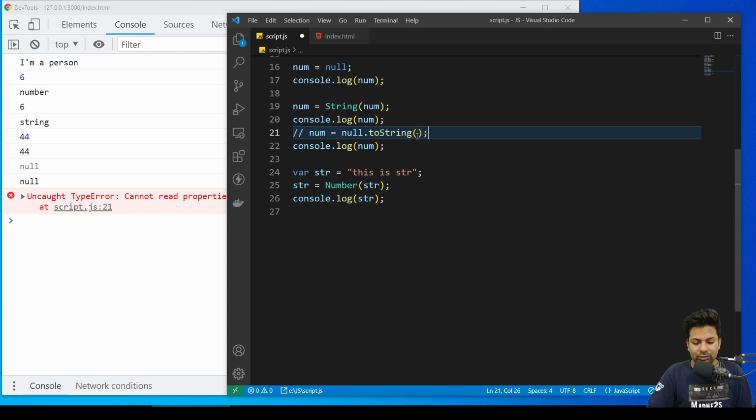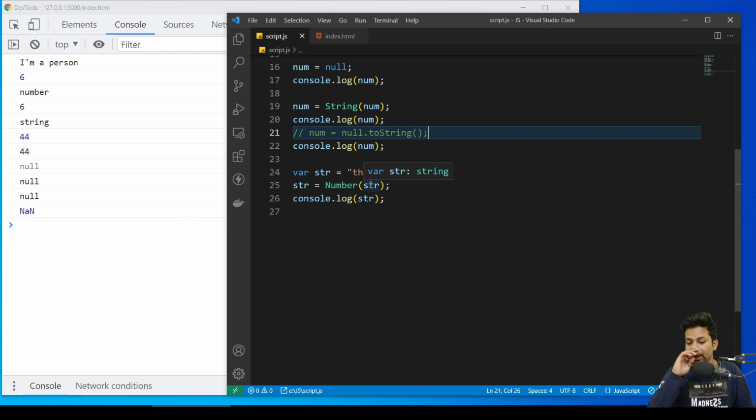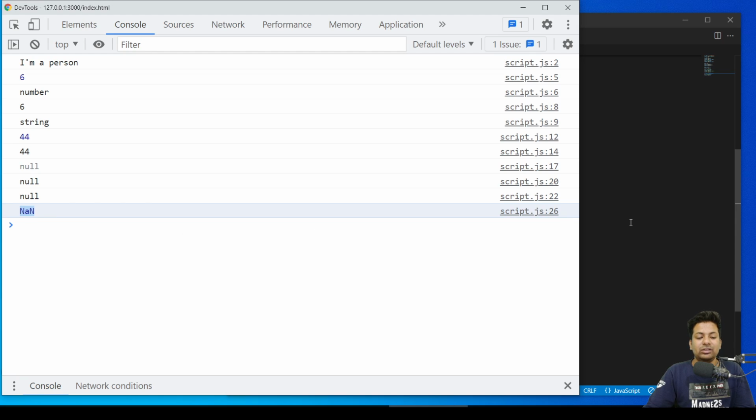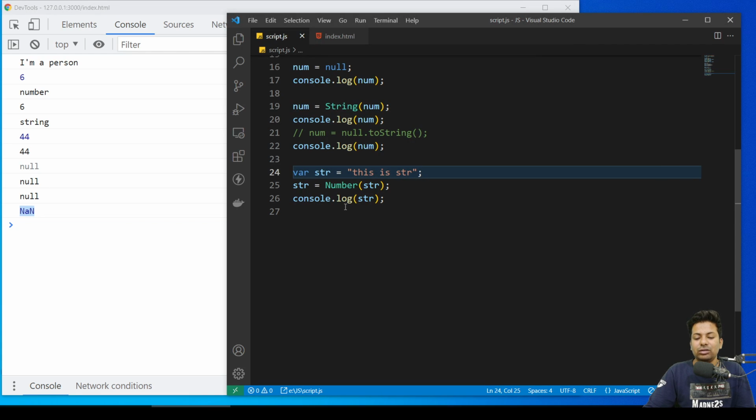Firstly this is showing an error, let me just remove this. Yeah, see, it's showing NaN. So you tried to change this string to a number, but this is not a number, so it just shows you NaN. I have converted it, but this is not a number. NaN stands for not a number.